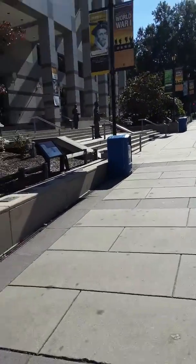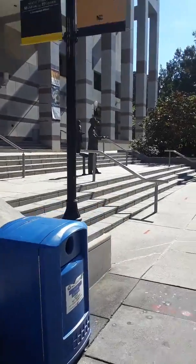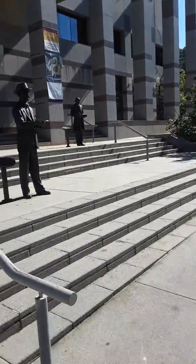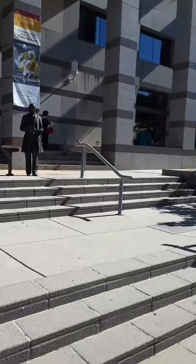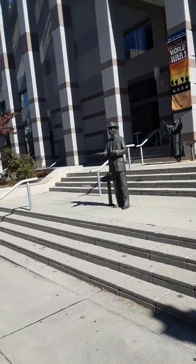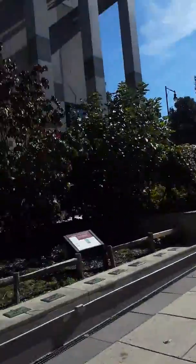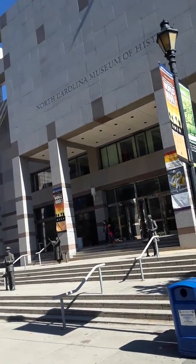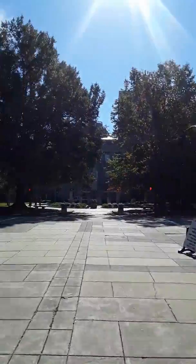Okay, so the Indian artifacts, and it also had other stuff as well. I'm trying to remember. So they had tents from the Indian days, and we could go in because it's free, but I'm not gonna worry about it. And then they also had other stuff. I didn't go through the whole museum, but the Indian part was really interesting because you could play the movie, and I was suggesting that they add an updated